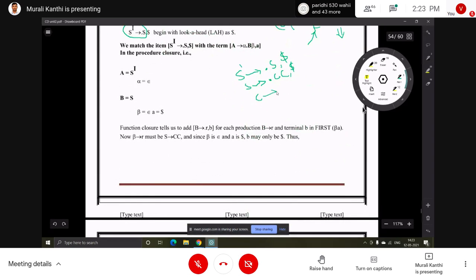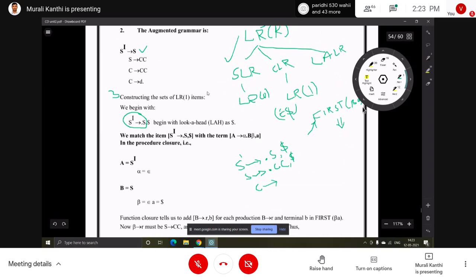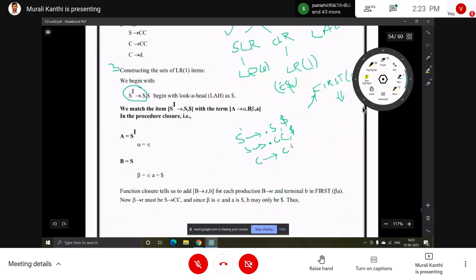C implies dot c C, and C implies dot d. After the dot, C is there. C is a non-terminal. C has two productions, add those two productions. And next, we have to add the lookahead symbol.